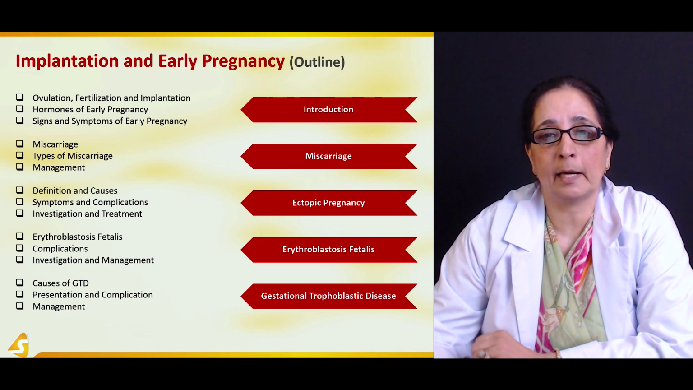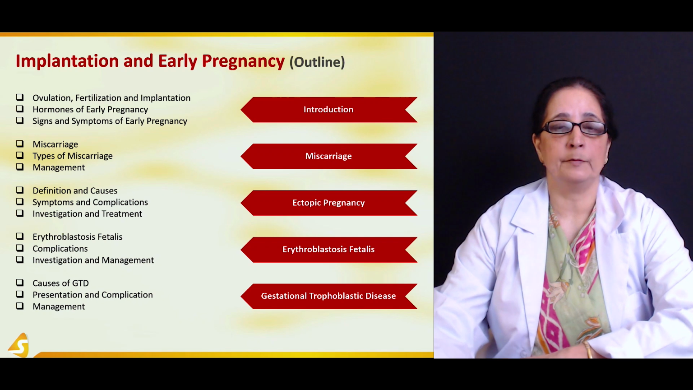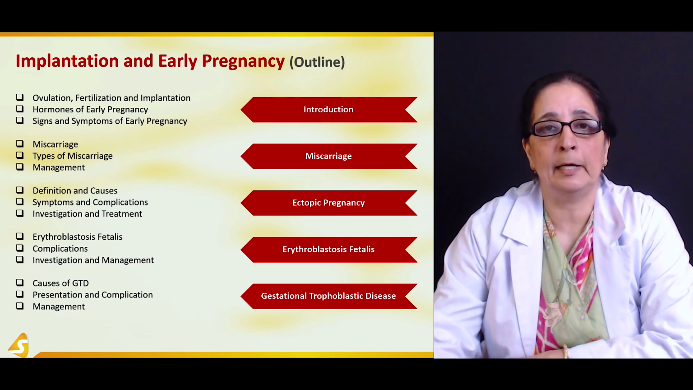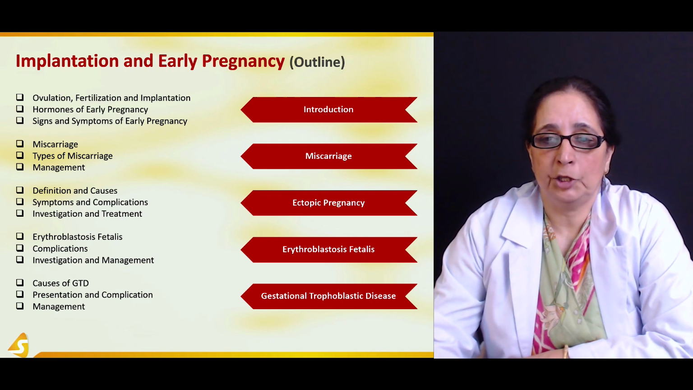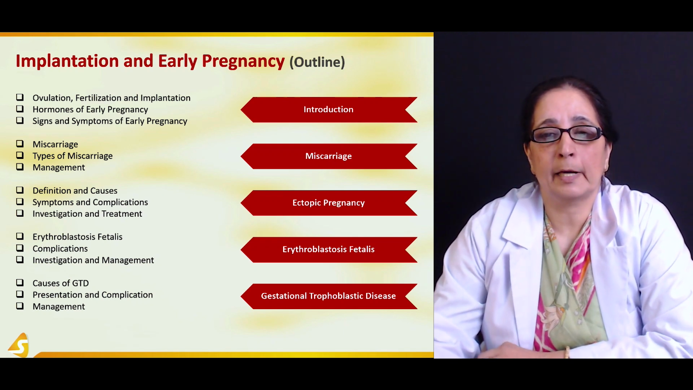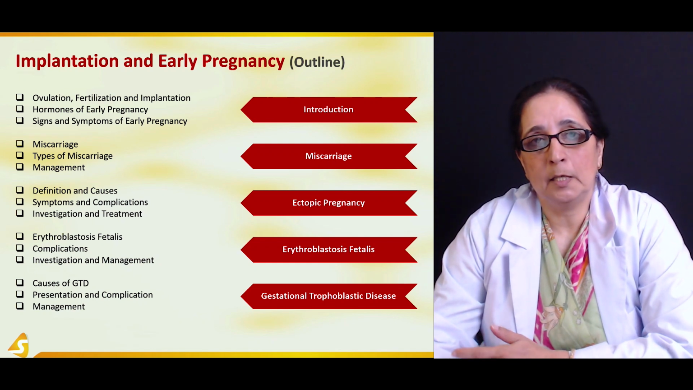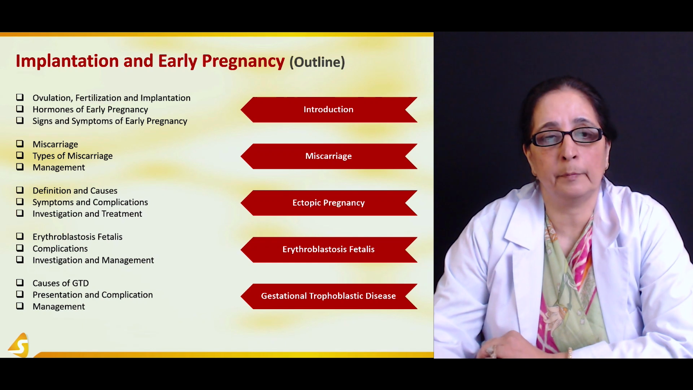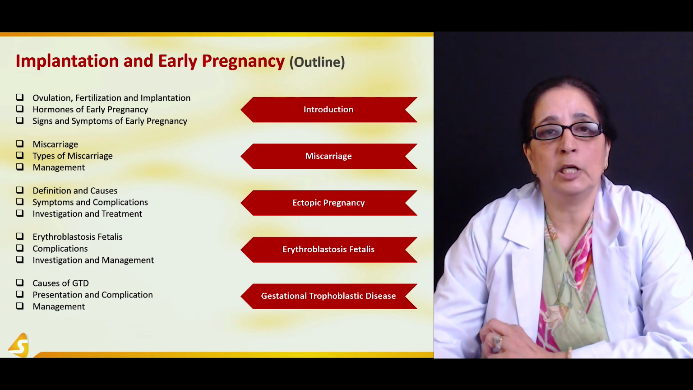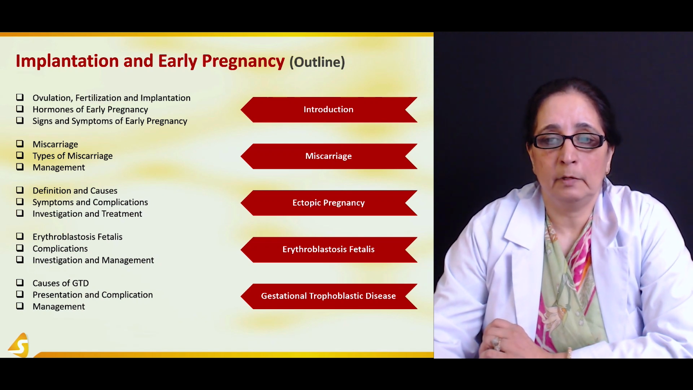talk about miscarriage. What is miscarriage, what are the different types of miscarriage, and what's the management of the miscarriage. Then in the third section, we will cover ectopic pregnancy. What's the definition of ectopic pregnancy? What causes ectopic pregnancy? What are some signs and symptoms and complications of ectopic pregnancy? And investigation and treatment. Then in the fourth section, we will talk about